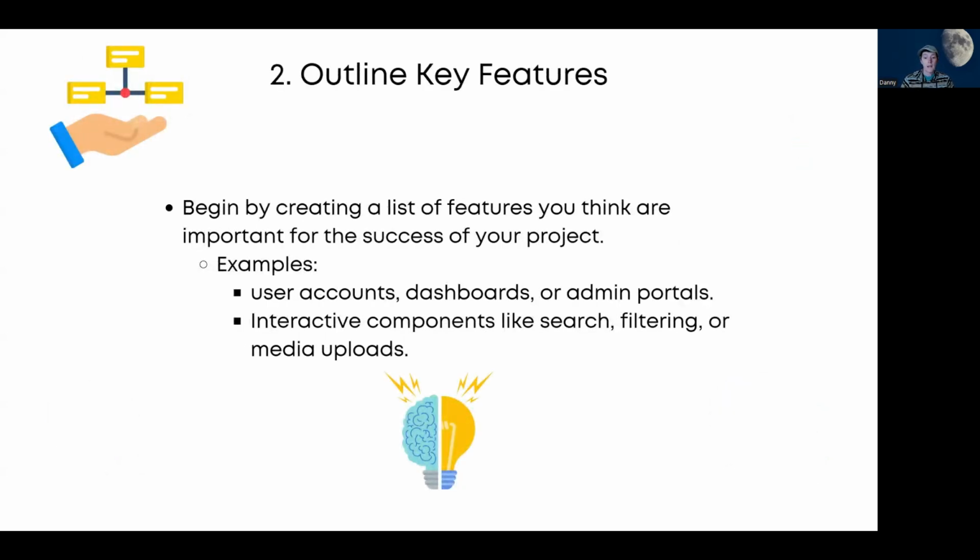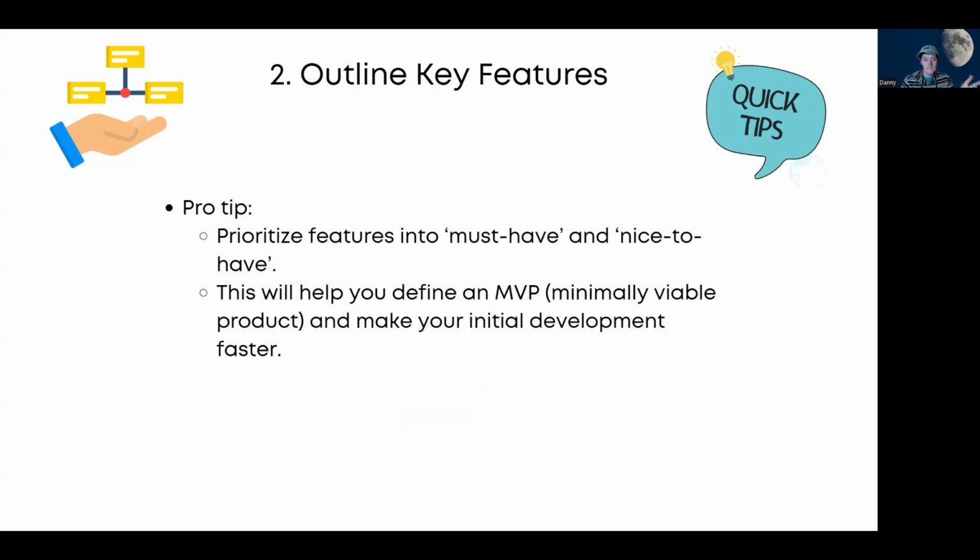The next step is to outline key features. First, begin by creating a list of features you think are important for the success of your project. Some examples: do you need user accounts, dashboards, maybe admin portals? Are you going to use interactive components like search, filtering, or media uploads? Just start by creating a huge list of everything you think you'll need. Then as a pro tip, and this is really important,